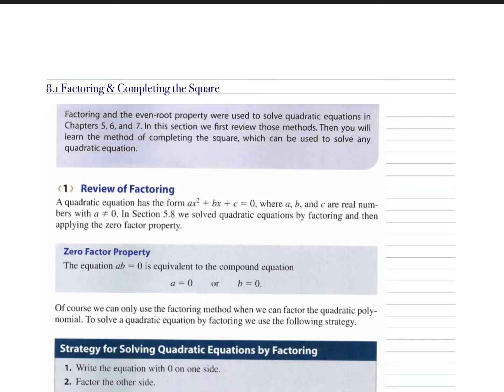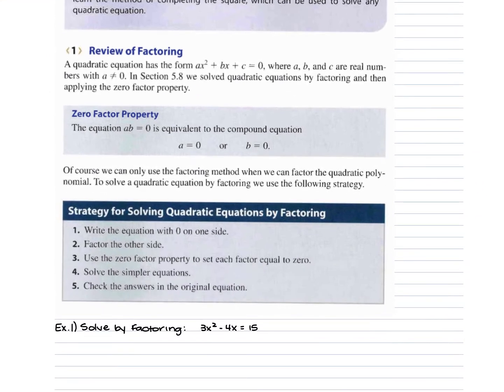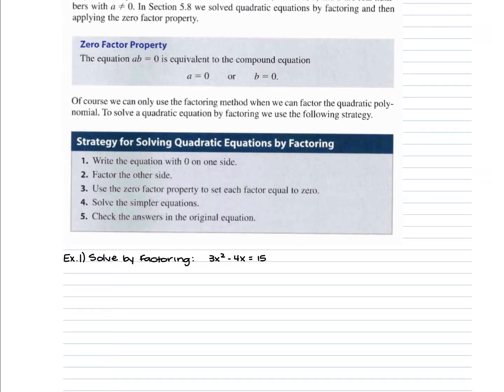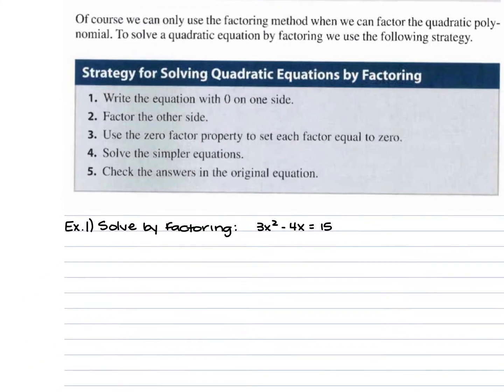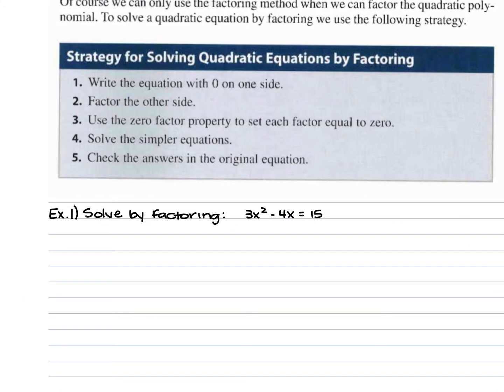8.1 goes over factoring and completing the square. If we look at the first set of examples here, we're just going to be solving by factoring. When we do this, we want everything on the same side as our x squared. So when we look at example 1, which is 3x squared minus 4x is equal to 15, we're going to